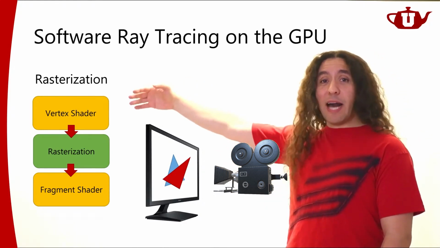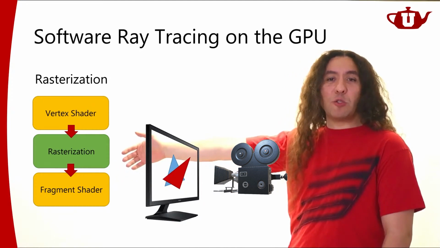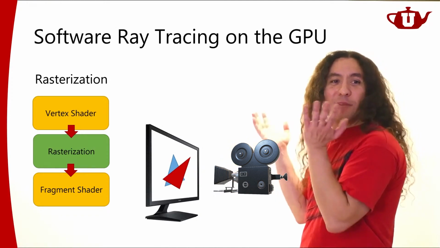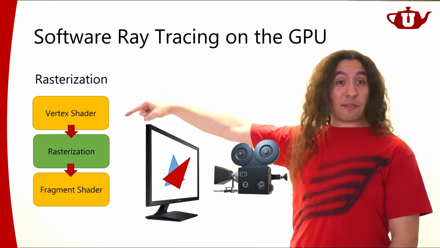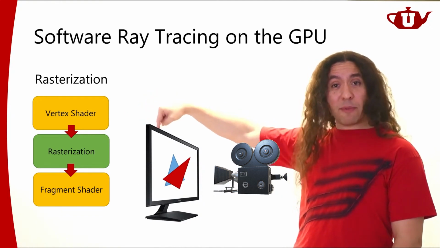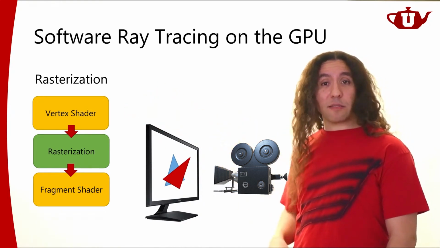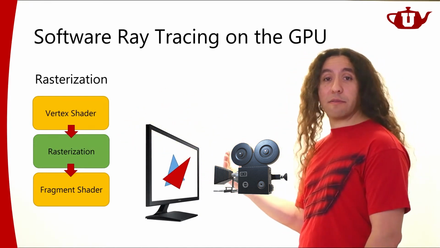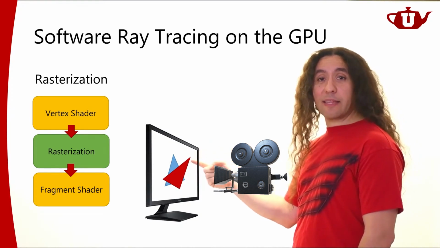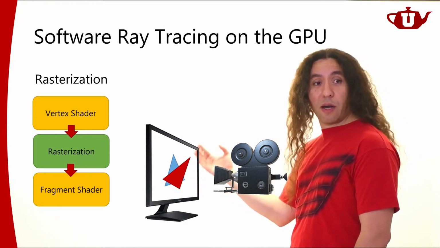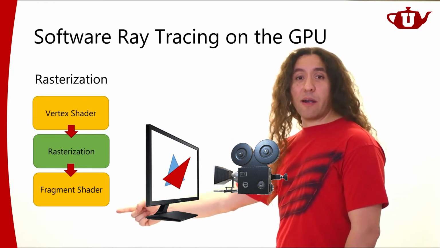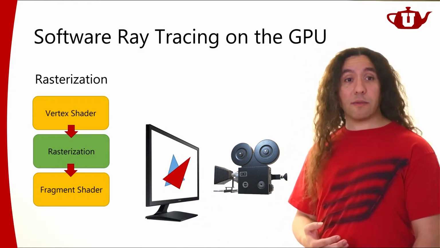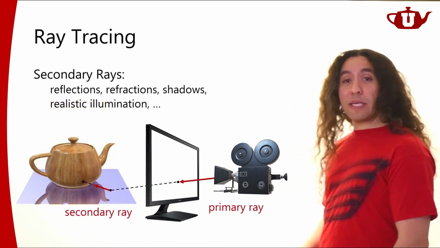So in that case, I use my rasterization pipeline, but I didn't use it for anything useful. I just used it for rendering a screen size quad, right? I could actually make use of the rasterization pipeline, and I can handle the primary visibility using rasterization. So if I have these two triangles in my scene, I can render those two triangles using rasterization. And then I'm going to get the pixels that correspond to those triangles on the screen. And that's where I'm going to have my fragment shader. And inside my fragment shader, I can run my ray tracer.